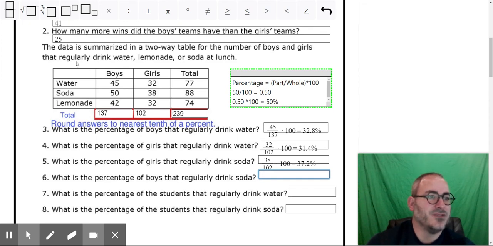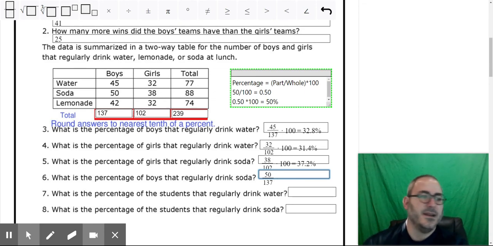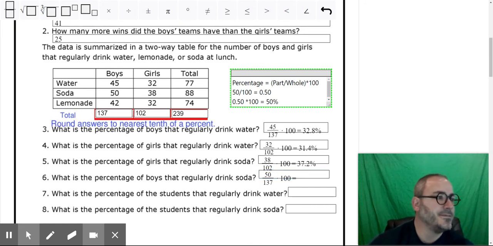So the part is boys that regularly drink soda. So what percentage of boys regularly drink soda? Boys that drink soda, that's 50. What's the whole? The whole is of boys, so that's 137. We have 137 total boys. What percentage of boys drink soda? So I'm going to multiply by 100. Go to my calculator. Oh, yep, math hygiene. 50 divided by 137 times 100